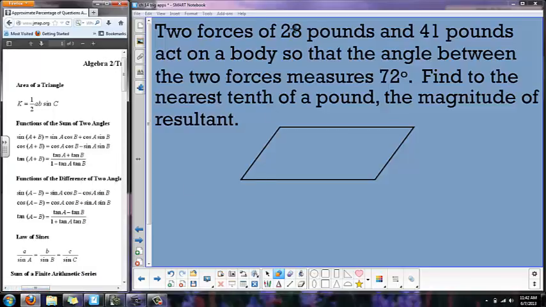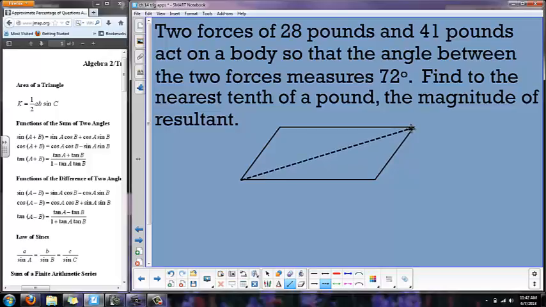So two forces of 28 pounds and 41 pounds. So I'm going to draw my parallelogram. I'm going to draw the resultant force right down the middle, and then I'm going to label my drawing. So you always put the smaller force right here. So this is a force of 28 pounds, and this is a force of 41 pounds. Act on a body so that the angle between the two forces, meaning this whole angle, not the angle between here and here or here and here,